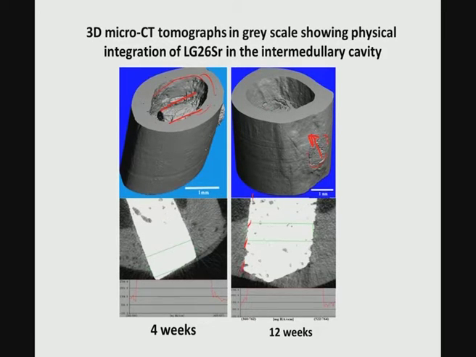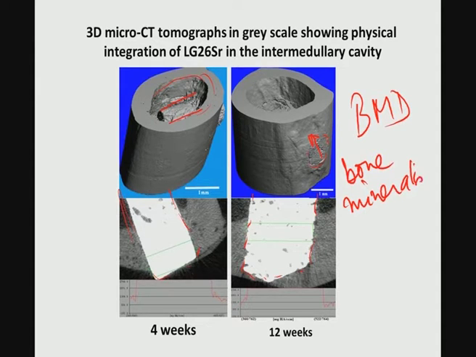And these are the 2D slices of this material, and from these 2D slices you can see there is a certain bone mineralization density, what we call BMD. So, what is bone mineralization density? Bone mineralization density quantitatively will tell you what is the mineral content in the host bone around this material, or what is the mineral content in the new bone.